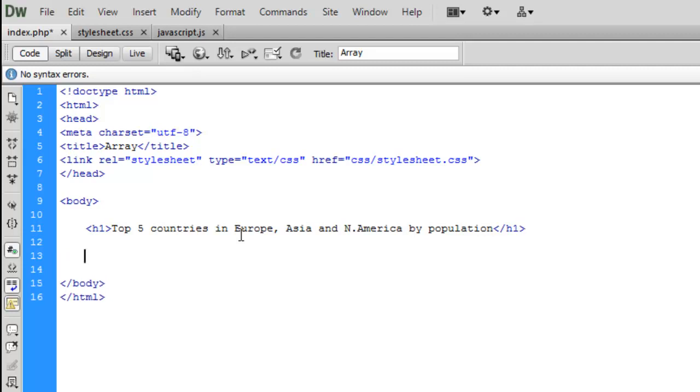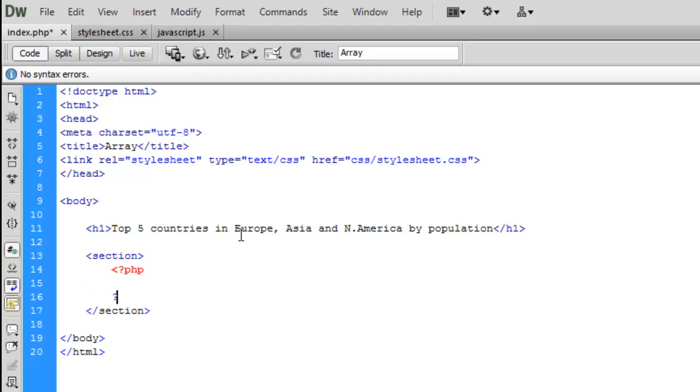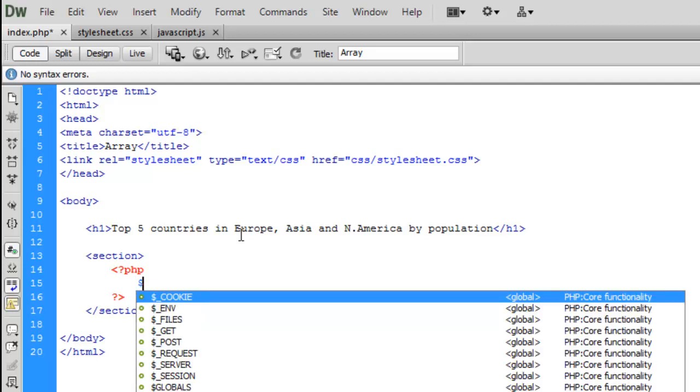Then we are going to create one section, and inside of that section we are going to open our PHP tag and close, and start working on our PHP code. First we are going to make one array for Europe,